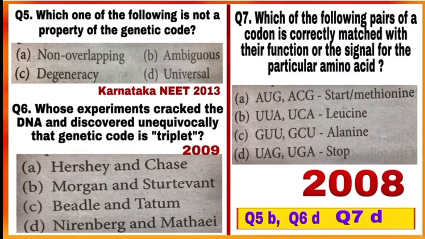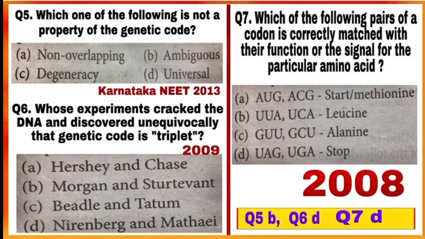Question number 5. Which of the following is not a property of the genetic code? A property देखिए, non-overlapping. Yes, this is one of the properties of genetic code in which each nucleotide is a part of one codon. Means एक nucleotide 2 adjacent codons का part नहीं हो सकता, एक nucleotide एक ही codon का part होता है। B property देखिए, ambiguous, this is not a property of genetic code। Genetic code is non-ambiguous, means one codon codes for only one amino acid, एक codon एक ही amino acid को code करता है।